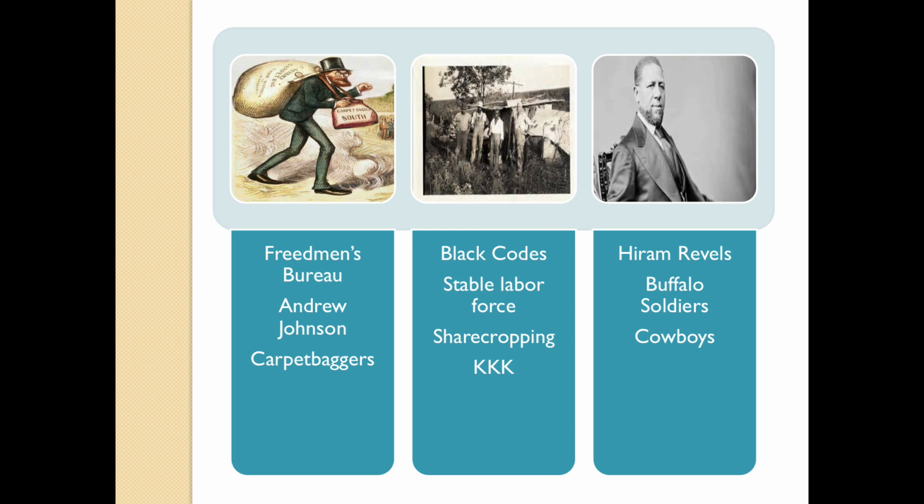Of course, the South weren't really ready to change the way that they had lived for hundreds of years, and so eventually, black codes will be developed in all the southern states, a way to force these individuals to stay on the farm, to stay working, to continually supply them a stable labor force. Eventually, sharecropping emerges. And if you remember, you get a situation where you still have a white plantation owner. He might have 400 acres of land.